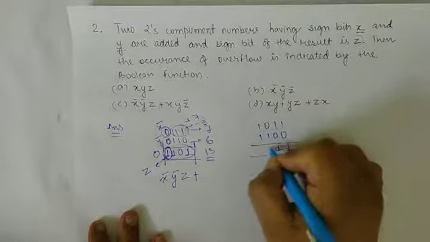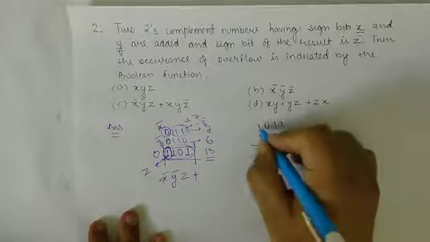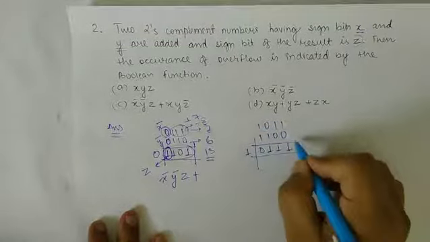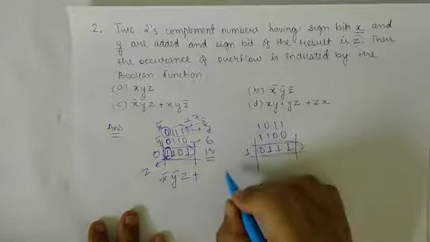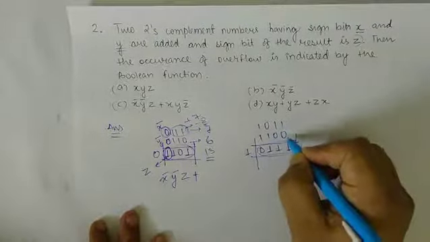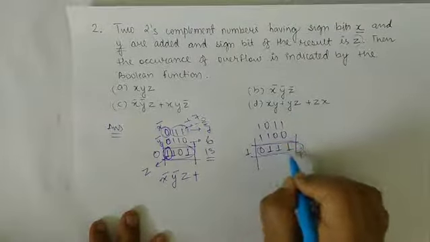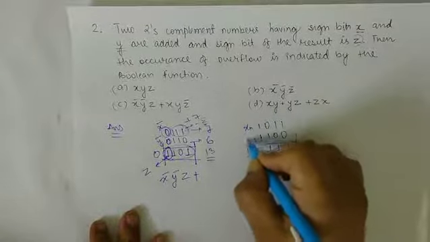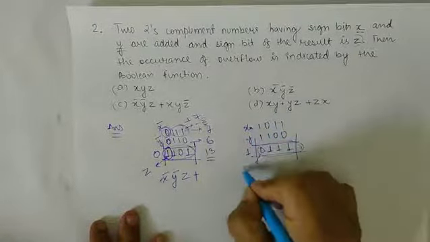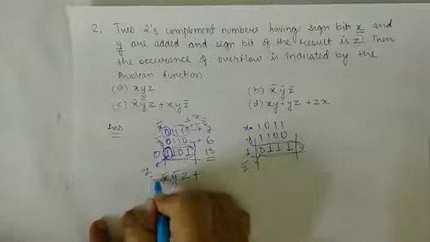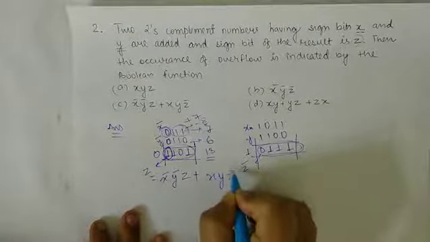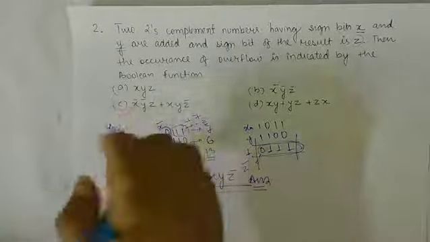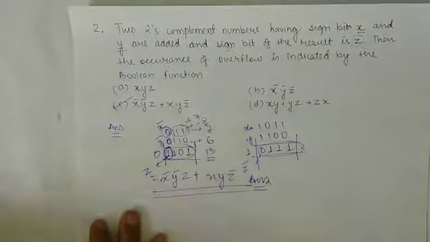Just check out this example. 1 plus 1 is 0 and the carry is 1. So by looking at this 4-digit number, this is plus 7. But we know that two negative numbers cannot give a positive result. That's why this is also an overflow. Now looking at the MSB, this is x, this is y, and this is z bar. One more case we are getting here is x, y, z bar. That's why this is the answer. From the options we can verify that option C is the correct answer.